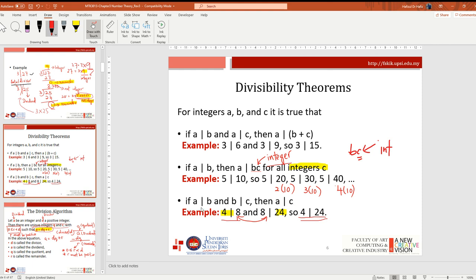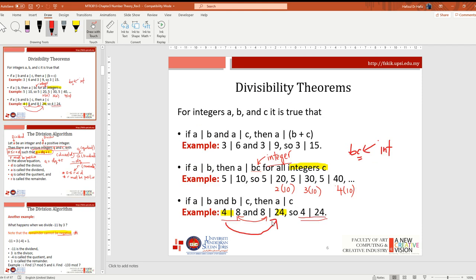Okay, and then if A divides B, and B divides C, then A also divides C. Okay, this one is the same. Okay, 4 divides 24. Okay, so far do you have any questions? Ada soalan ke? If you do not understand, you can ask. Okay, and then